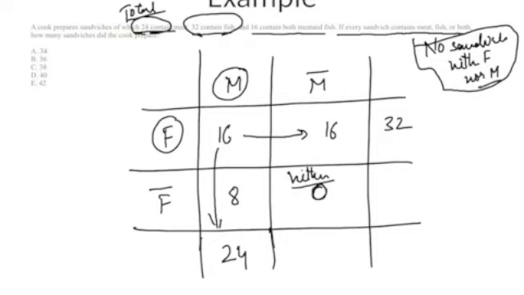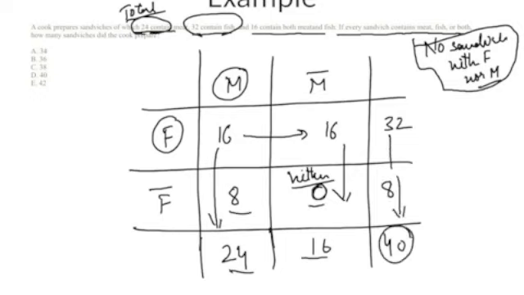Okay. There will be a lot of questions where it says everything is part of either this, that, or both. That means neither is 0. That's the meaning of this language. So 16 plus 0 is 16, 24 plus 16 is 40, 8 plus 0 is 8, 32 plus 8 is 40. So 40 is the total number of sandwiches that we have. That's our answer. Let's take another example.